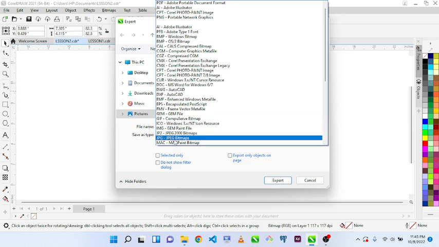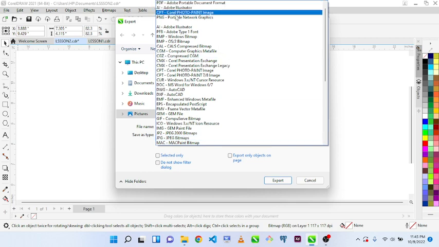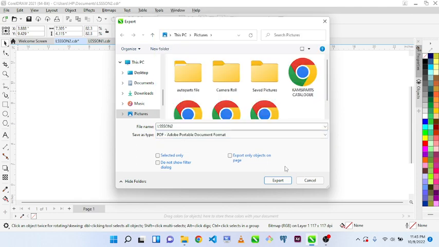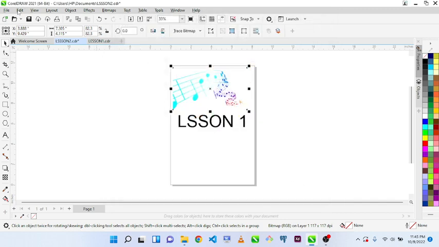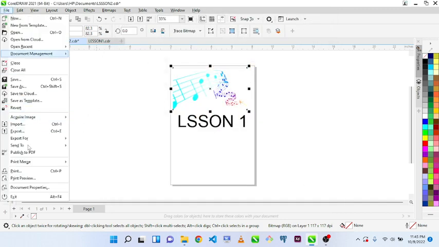You see this JPEG right here. So you use JPEG to convert your picture to JPEG. You can convert your design to PNG. You can convert your design to PDF using this export. All these we are going to test them out after the lesson. So I'm just showing you what they do. Okay,